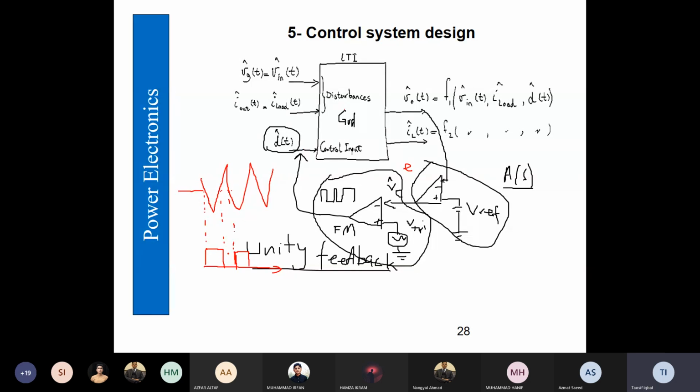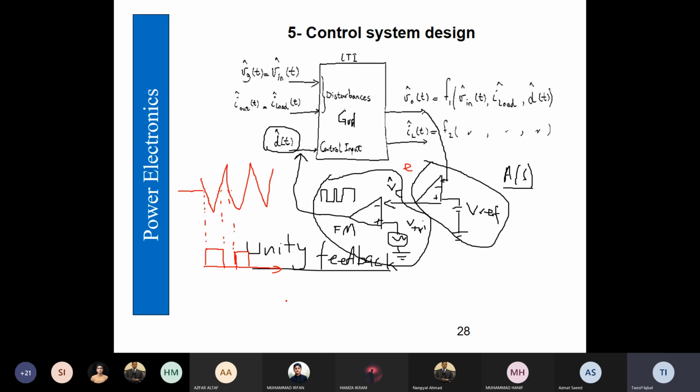So basically this signal contains the duty cycle. Therefore, when the error signal is higher, the duty cycle is going to be increased so that the output voltage becomes high, close to the reference, and the error signal should be less. So when the error signal is less, that means the duty cycle should be smaller. Okay?